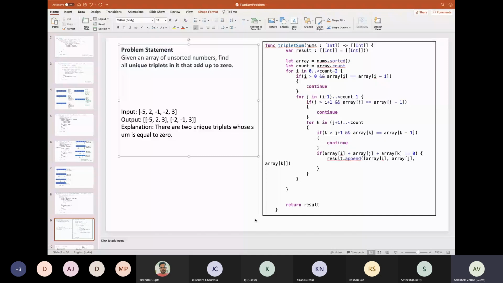This solution I had already written. I didn't get a chance to test it, but I am assuming that this will work.